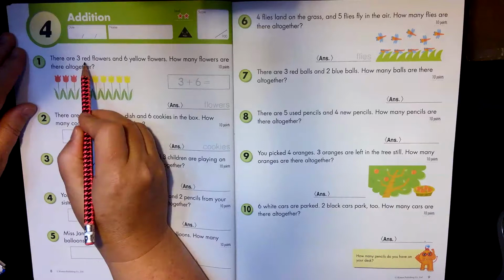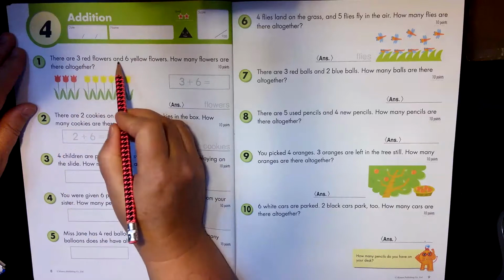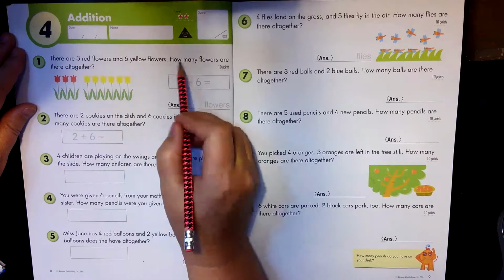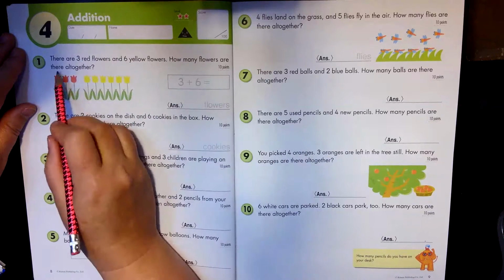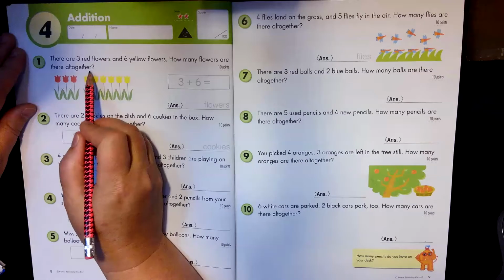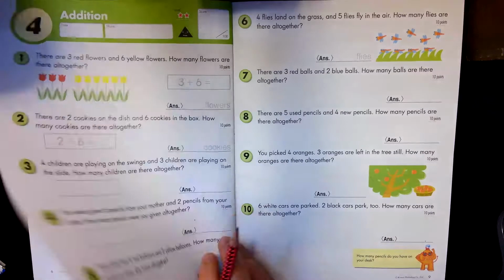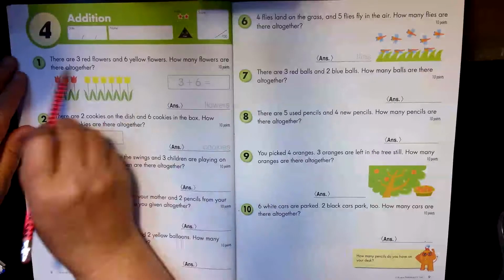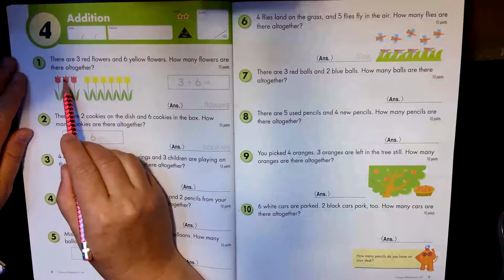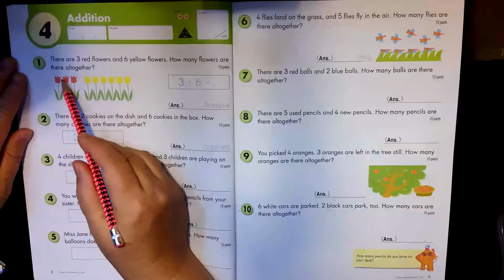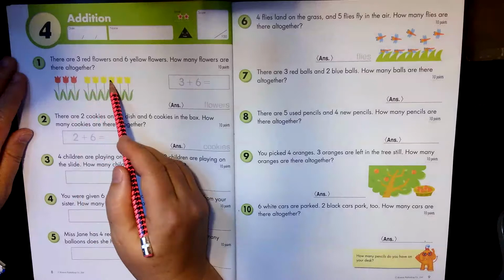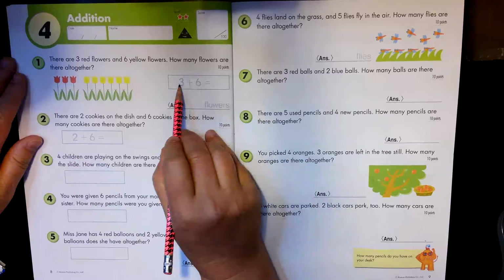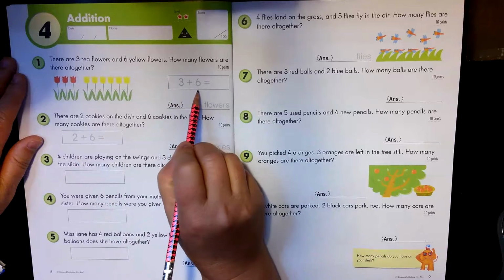There are 3 red flowers and 6 yellow flowers. How many flowers are there all together? Remember that word altogether? Altogether is a combining word. So we have a picture that helps us: 3 red flowers and 6 yellow flowers. We have a couple of jobs. First, we need to write that combination